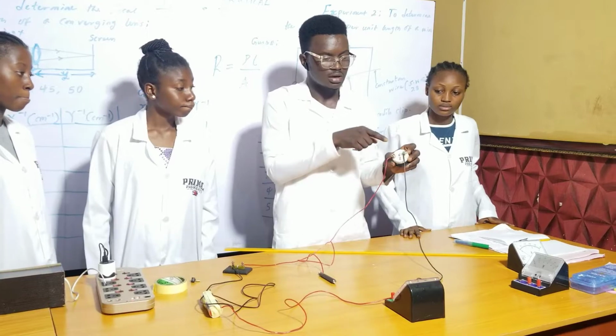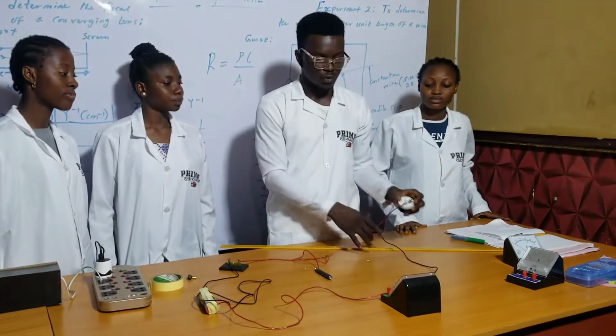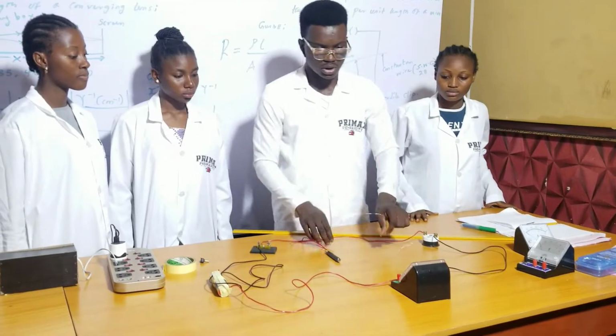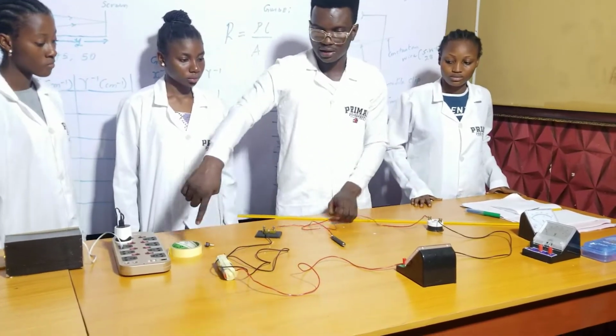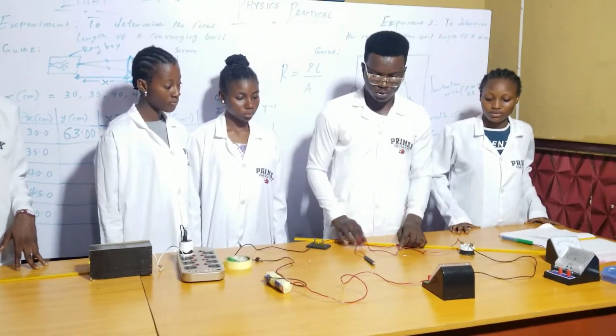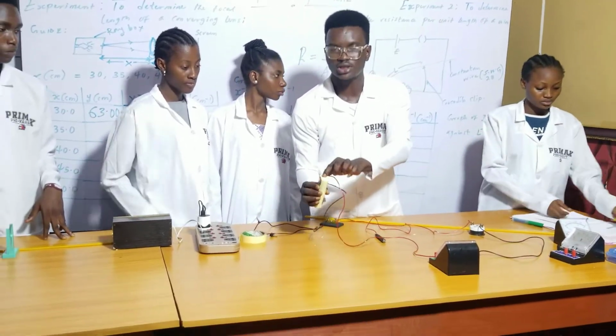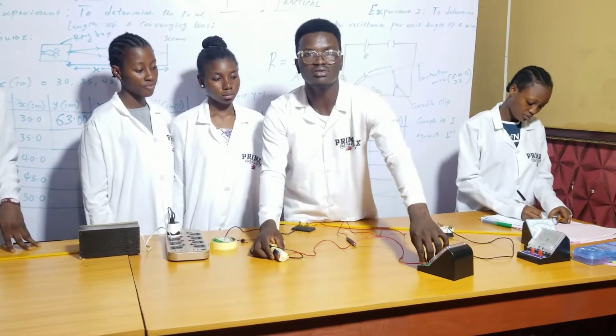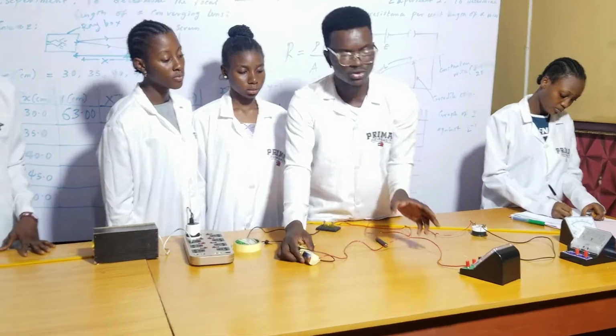So this is a 2 ohms resistor. We have connected the 2 ohms resistor initially in series, you can see, in series with the ammeter, so it goes straight with the battery. Another precaution you have to take is that you must always connect from the positive end of the battery to the positive end of the ammeter, or else it will not work.